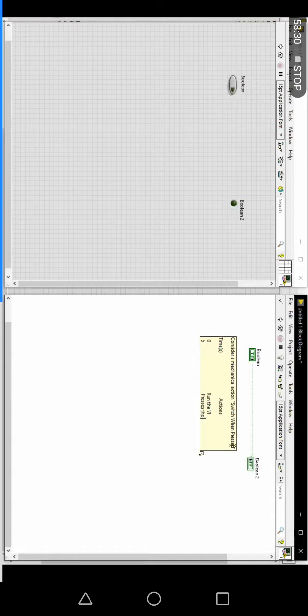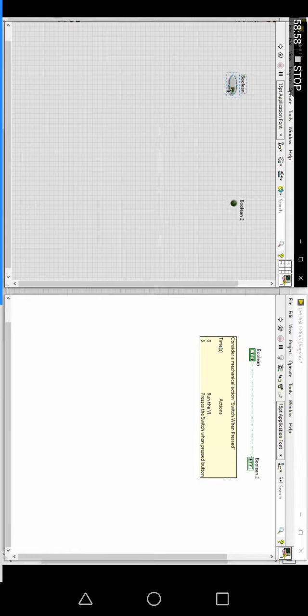boolean, press the switch one pressed button. Here they are mentioning that at the 5th second I am going to press this control.